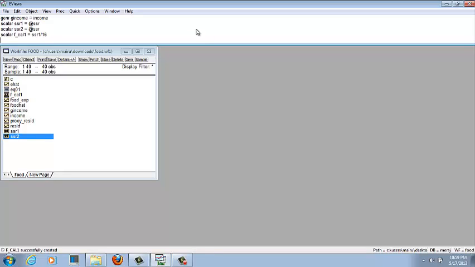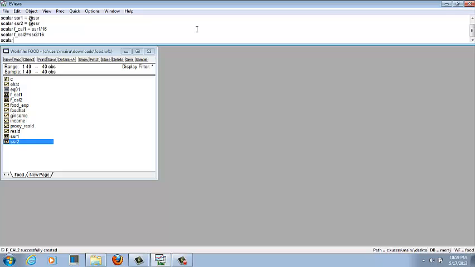Similarly, in the same way, we calculate the second value. So scalar f calculated 2 is equal to SSR2 divided by 16. Now calculate the f value.